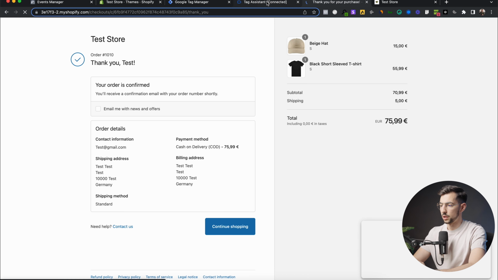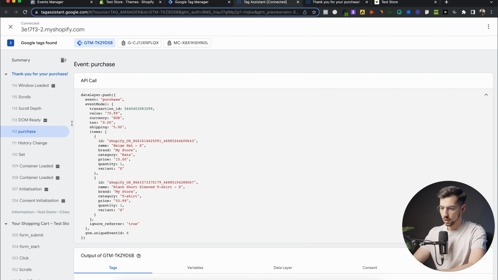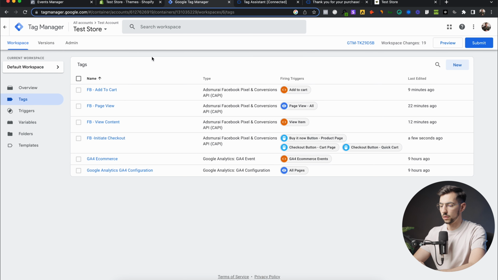And now our test order is complete and we can see the purchase event here. And as you can see, we are pulling a lot of data. And this time we've got 2 products, as you can see here. So next step is to go to Google Tag Manager,